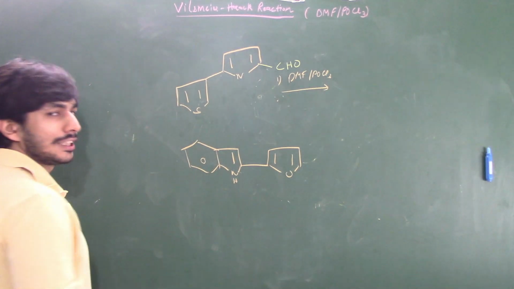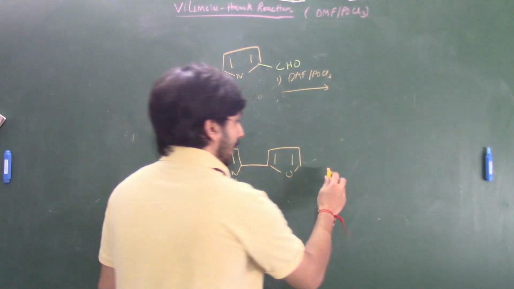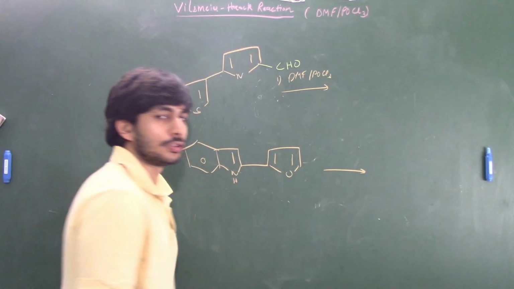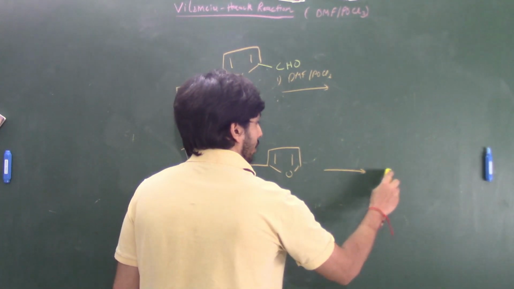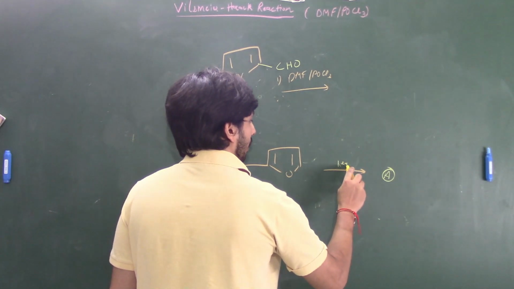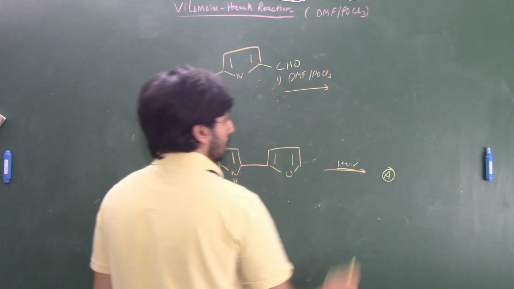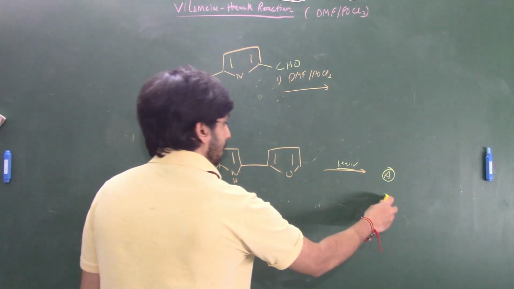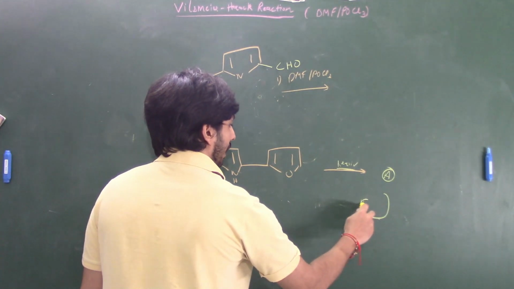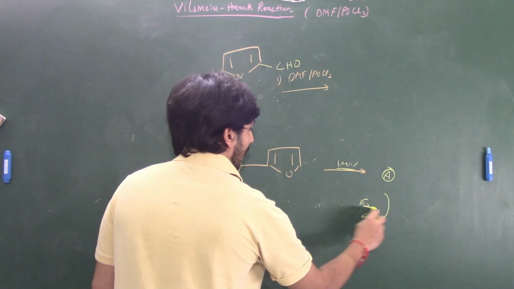Okay, and what had they given in the question? They had given that we are adding DMF POCl3, one equivalent. That is part A. Okay, so when you are adding one equivalent of this DMF POCl3, you get some compound A, and then in the second part, you are adding excess of this. So what will happen? Okay. So when we add one equivalent,